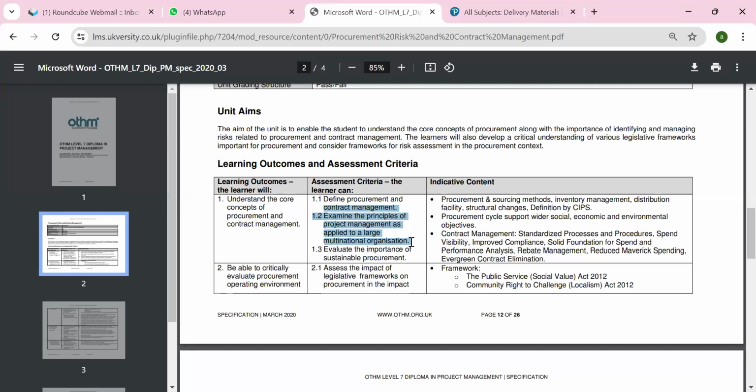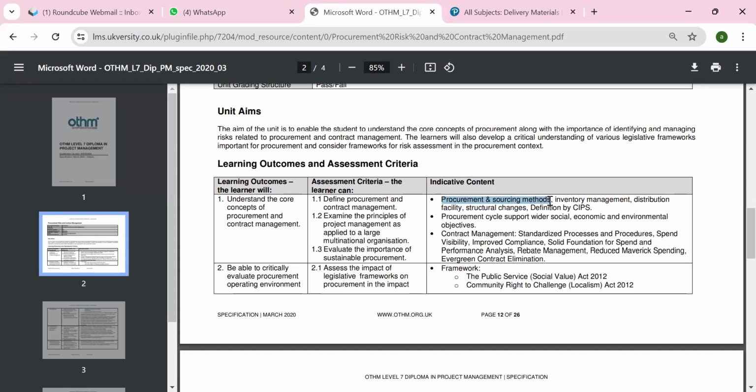And evaluate the importance of sustainable procurement. The key indicative content includes procurement sourcing methods, and we will go through inventory management. Inventory means stock management. We can look at how we can manage the inventory. Inventory has three types: raw material, work in progress, and finished goods. And we'll discuss distribution facilities,